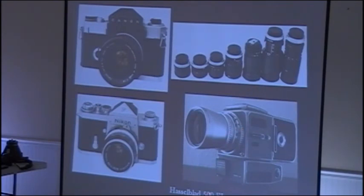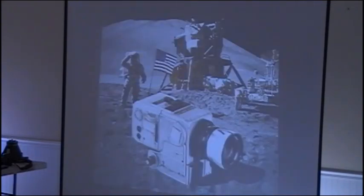This is the Hasselblad 500EL used on the moon in 1964. That's the next camera I want to invest money on. Even though it's that old, it's still one I want to have on that table the next time. It's basically a square cube. You plug in any number of lenses. This is the film canister on the back. It could shoot just a couple shots or one shot, or in this case, 200 shots, I think. This was the NASA camera that went to the moon. And down here is the motor drive and electronics. So that's probably one of the most famous cameras in history,